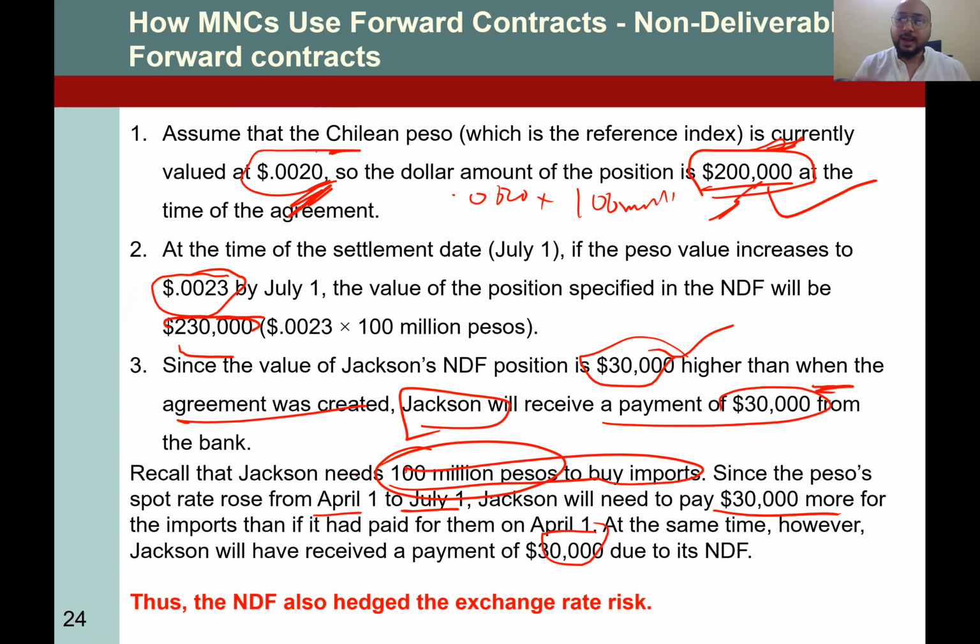Okay, in foreign exchange the value will be like this. So we will be trading like this, but we will not give you the 100 million pesos. The reference amount is going to be traded. So it's your responsibility, go ahead and arrange the 100 million. If you know that you can arrange the 100 million pesos in the open market, the balance amount you will be receiving from a third party.